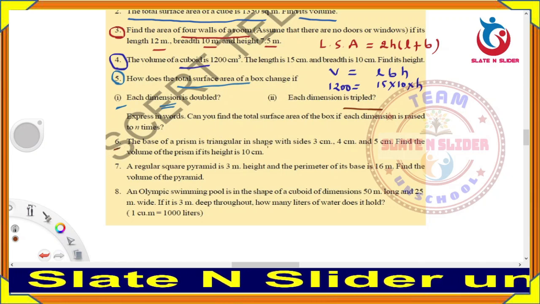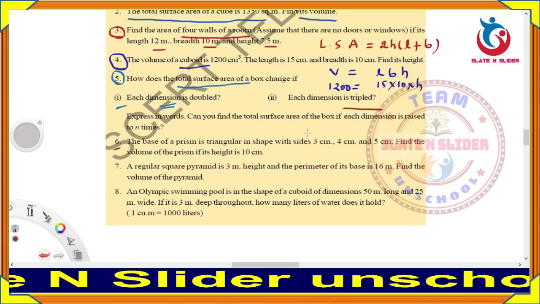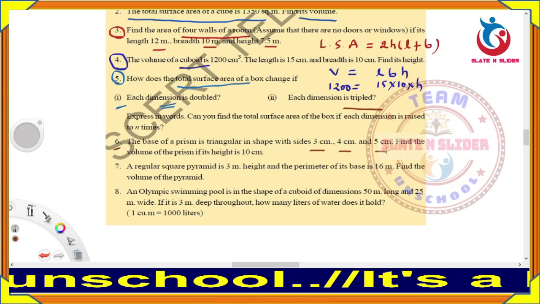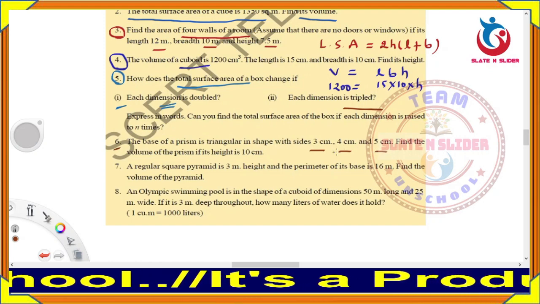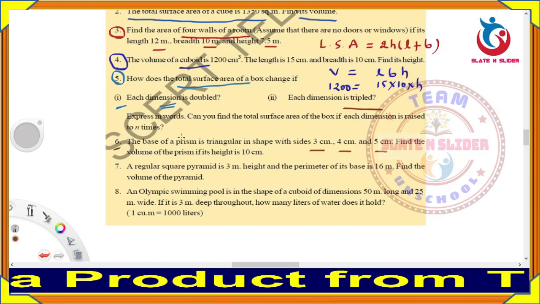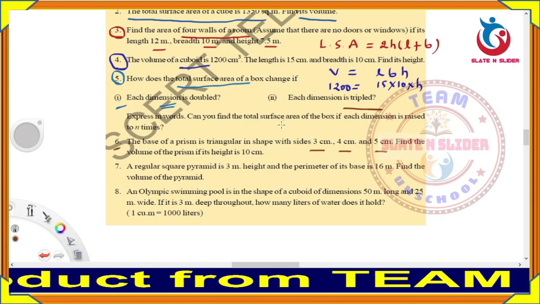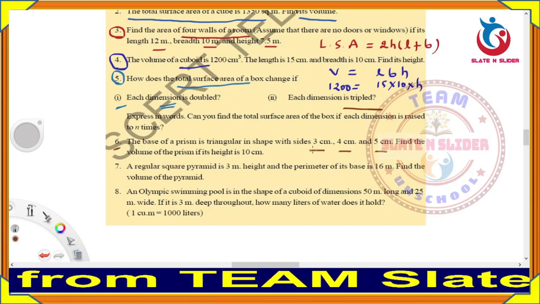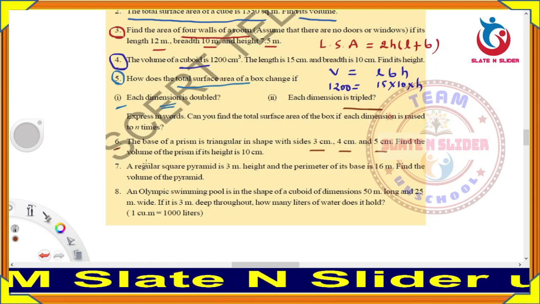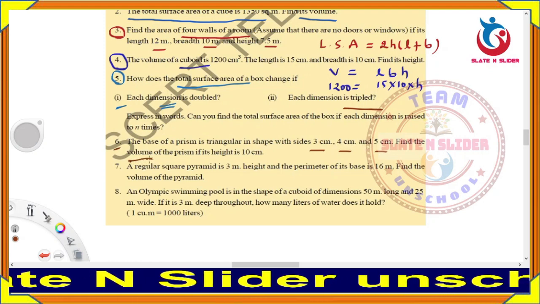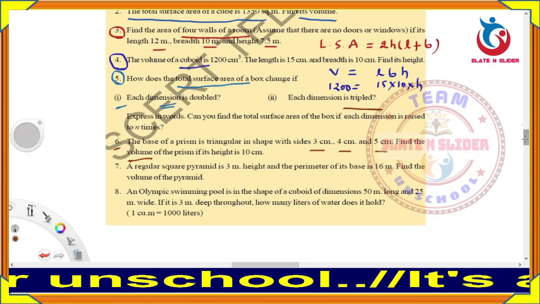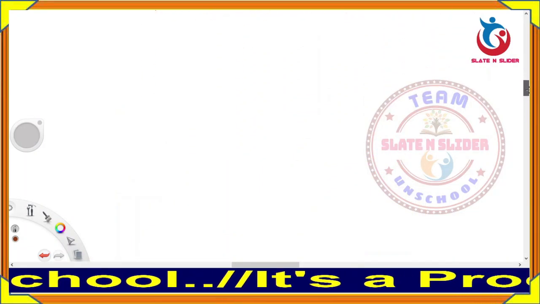a prism is triangular in shape. So this is a triangular shape, this is a triangular prism, in which the sides 3 centimeters, 4 centimeters and 5 centimeters have been given. Find the volume of the prism if its height is 10 centimeters. Here we have to find the area of the triangle. Why? Because here we should find out the volume. So volume of the prism is equal to,